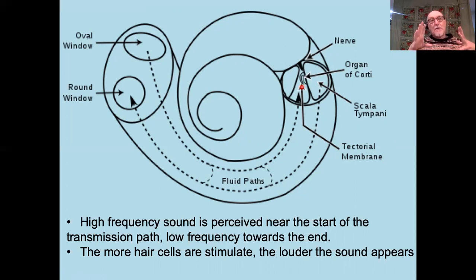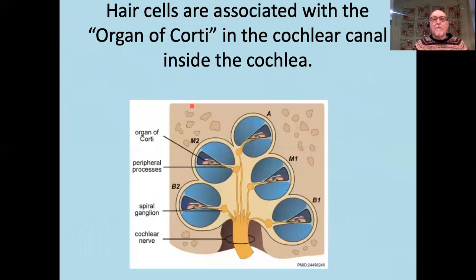So as I told you, these hair cells down here at the beginning of the passage are receptive to very high-pitched sound, to highly energetic, high-pitched sound. Down at the end here, the hair cells are more receptive to low-pitched sounds. But there are two kinds of hair cells, I need to tell you. So just bear that in mind. I'll get to that in a minute.